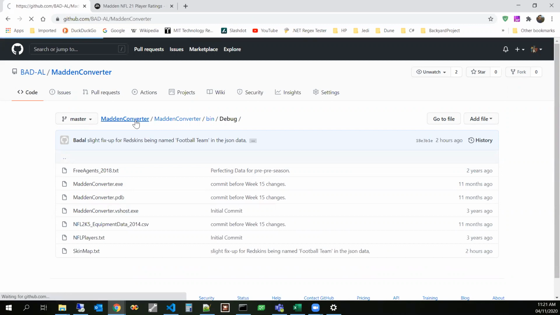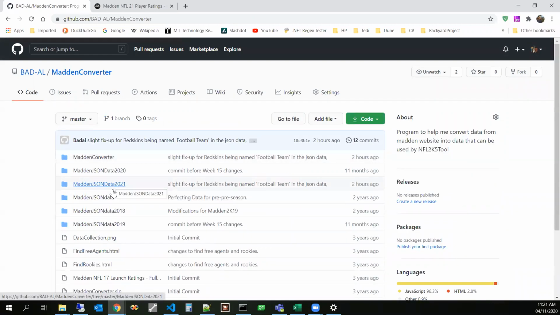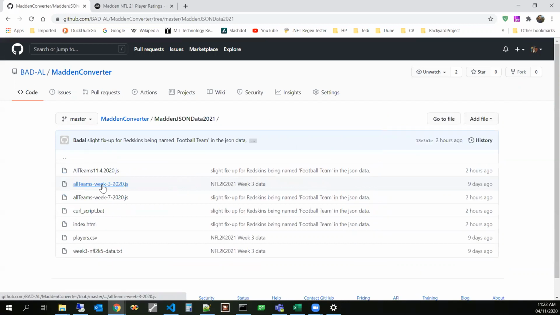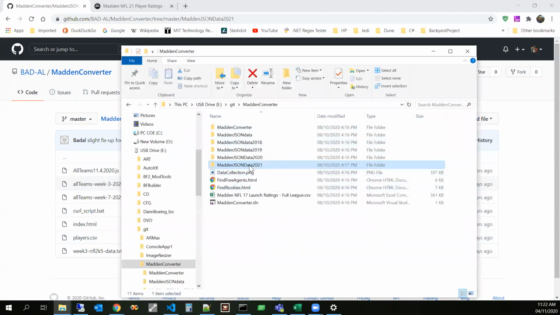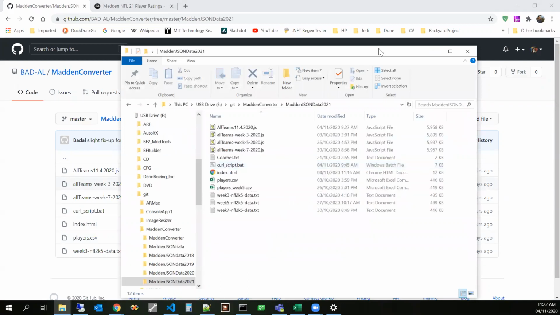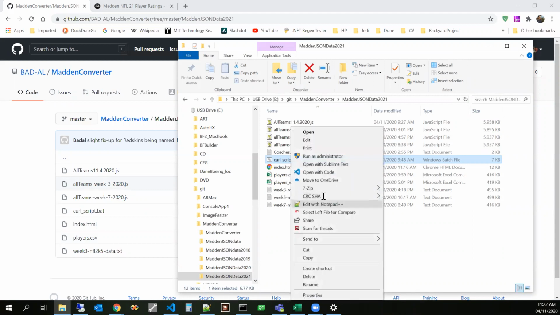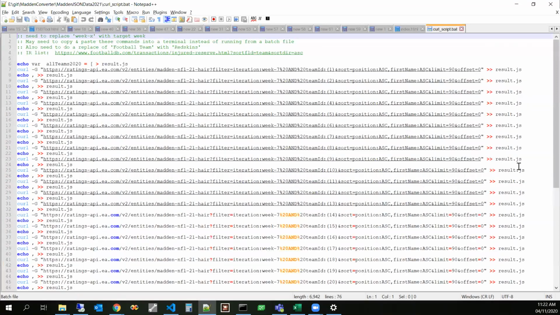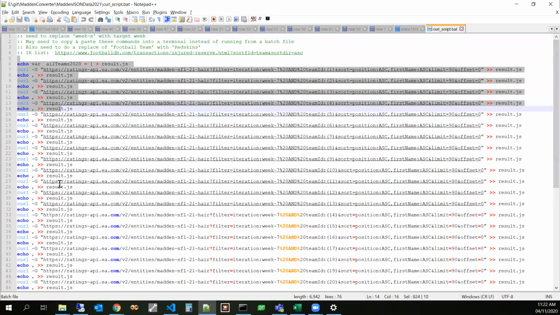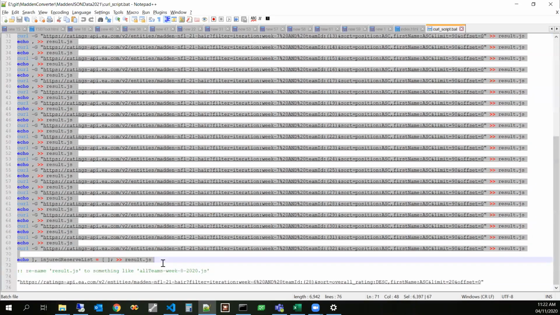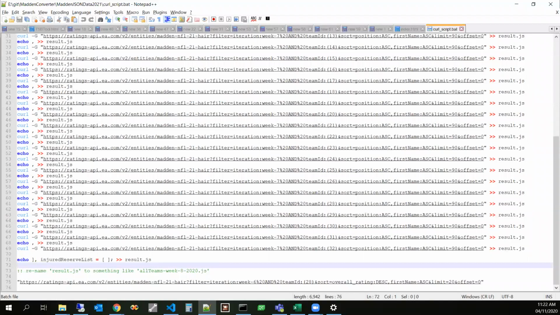Let's go back here and stay working on Madden 21. So let's go to our corresponding folder. Oh, here we go. Here's after it's downloaded, data will be in here. In this curl scripts, it's curl script.bat. We can't run this as a batch file. We have to run this in a different way. We'll take this content, copy it, and then